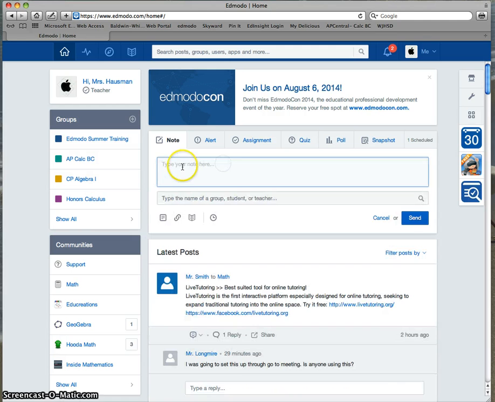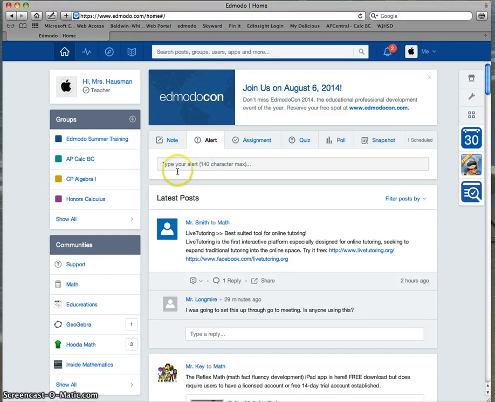To write to your class, you simply just write them a note and then post it to the class. You can attach links or things from your library. You could give alerts if it's something major that you want them to know. That's a new feature that is very nice for the mobile app, that students can subscribe to get the alerts but not the notes. And if it's very, very important, like make sure you bring your book tomorrow, you could